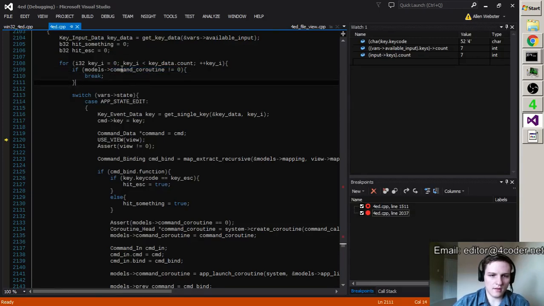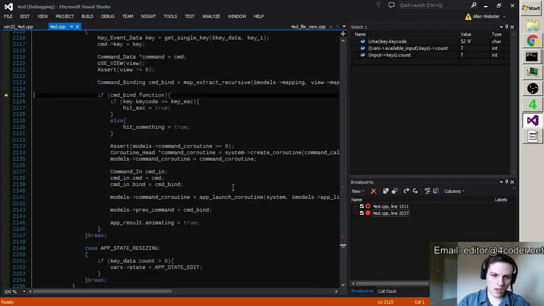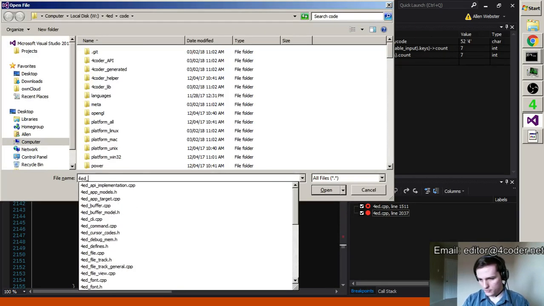The reason that this does equal 0 is because the command finished, right? This gets set to non-zero permanently when you call a command coroutine and it yields rather than returning and finishing. So now what we're going to do is create a coroutine and launch it, and this time I want to